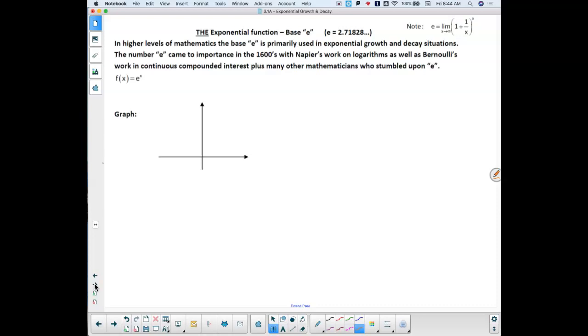And so the true, up here in the corner, and actually it's up in the corner of your page too, the true definition of e is the limit as x goes to infinity, so as x gets bigger and bigger and bigger, of the quantity 1 plus 1 over x to the x power. And that's e. Now, we like e as a number, and that number is